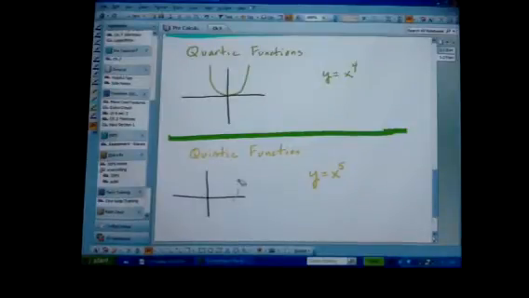And guess what it looks like? Anybody want to guess? Like the cube? The cubic. The quintic, which is y equals x to the 5th, looks very similar to the cubic. Is there a difference? Well, of course there is a difference. I'm not going to tell you they're exactly the same, quintic and cubic, but I'm going to tell you that